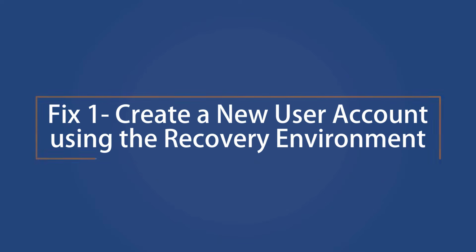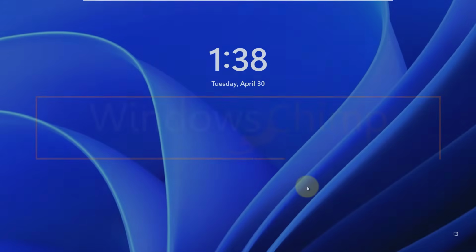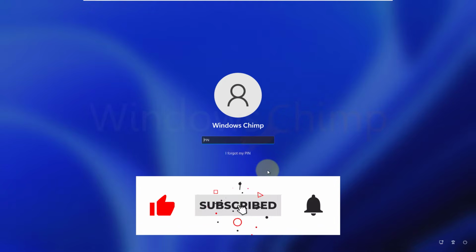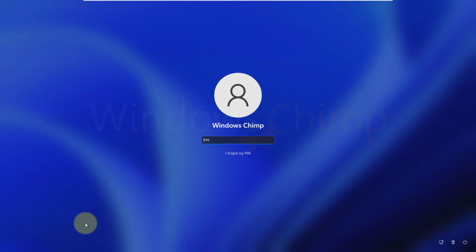Fix 1. Create a new user account using the recovery environment. If you are experiencing this "User Profile Service failed the sign-in, the user profile cannot be loaded" error, you cannot log into your PC, so you can't perform any troubleshooting steps. If you have any other administrator account on your PC, you can simply log into that account and follow the next fixes. If not, you will have to create a new user account with administrator privilege to perform the troubleshooting